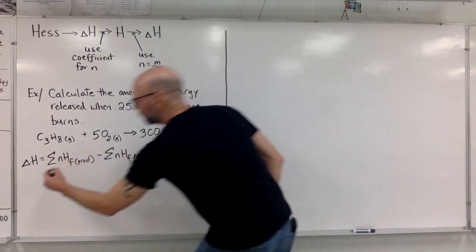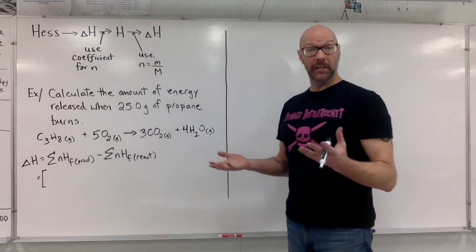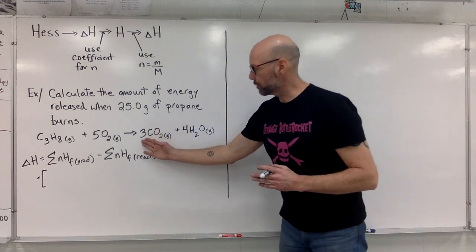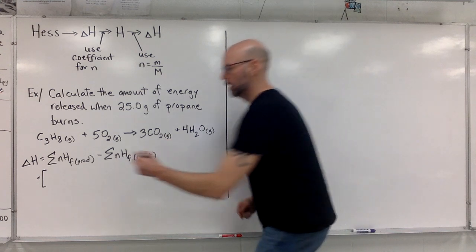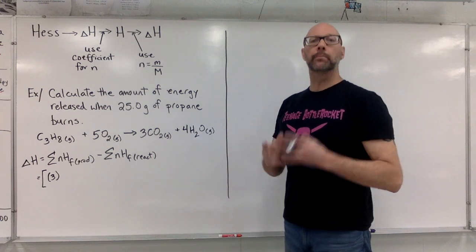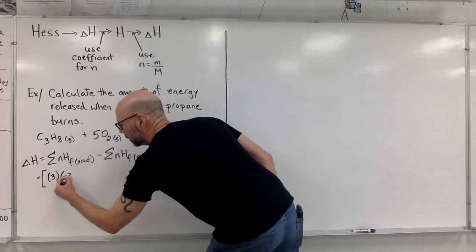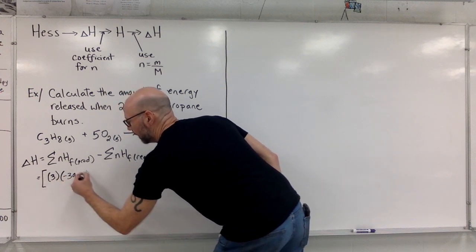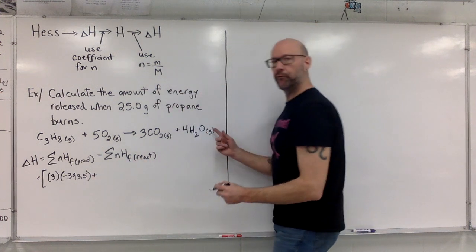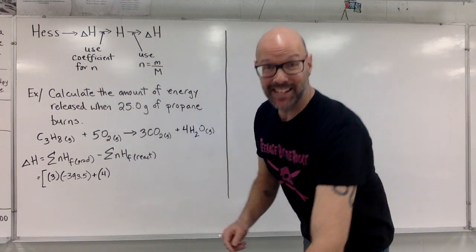Here we go. We're going to start with the products. I'm going to leave the units out in order to make it just a little bit tighter presentation. We have 3 moles of carbon dioxide. So that's 3. Go to the data booklet and look up the molar enthalpy of formation for carbon dioxide. It's negative 393.5 kilojoules per mole. We also have 4 moles